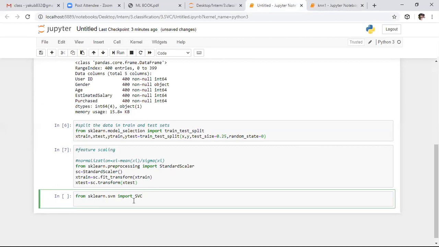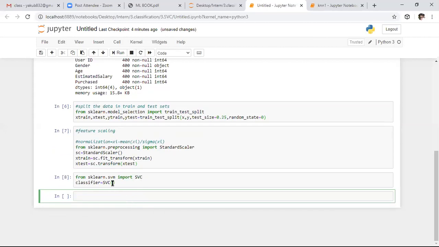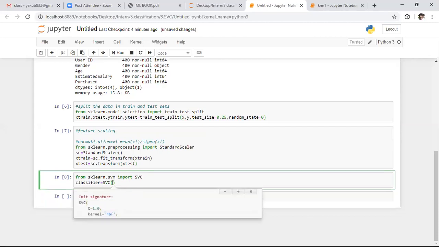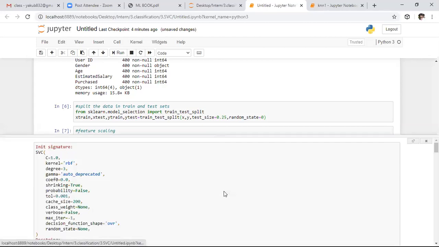So with this classifier, we need to create an object. So here I'm saying classifier equals to SVC. So here I am using the SVC classifier. As I already told you, in this we can specify the kernel or anything. Initially I will see the information regarding this SVC classifier. To know the information regarding this SVC classifier object, we need to press Shift Tab. After pressing Shift Tab, it will return the entire behavior of this class.